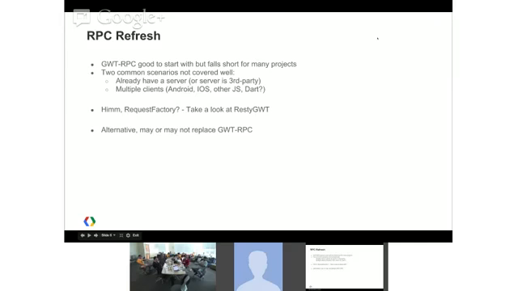I'm not saying it needs to be directly like that, but if you're going to replace RequestFactory with something else inside GWT, it needs to follow a similar, very basic approach that provides a JSON-based simple RPC solution